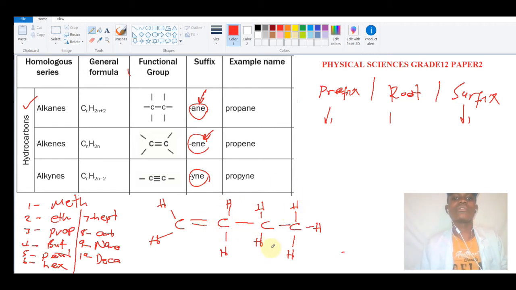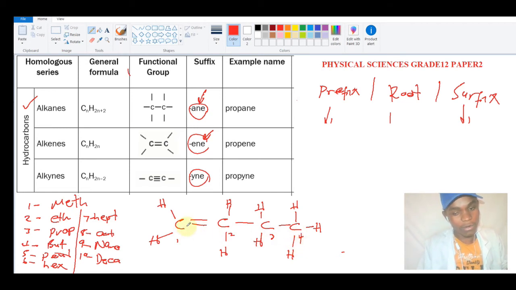Now let's name this one, right? You can think about it. Think any prefix, because we have all our hydrogens. You see, there's no hydrogen that has been replaced by another group or substituent, right? So we don't have a prefix again, and then we go to a root. A root, we calculate the longest chain of carbons. It's 1, 2, 3, 4, right?